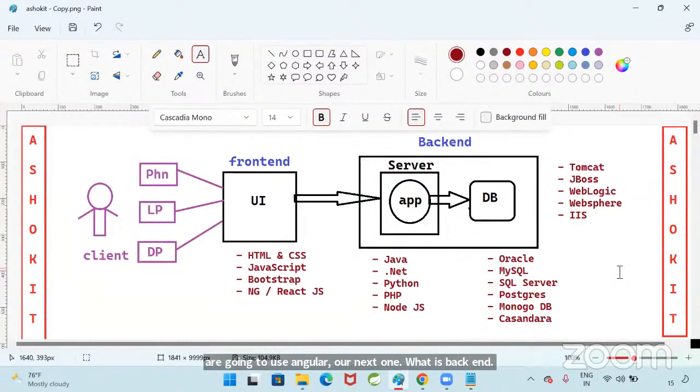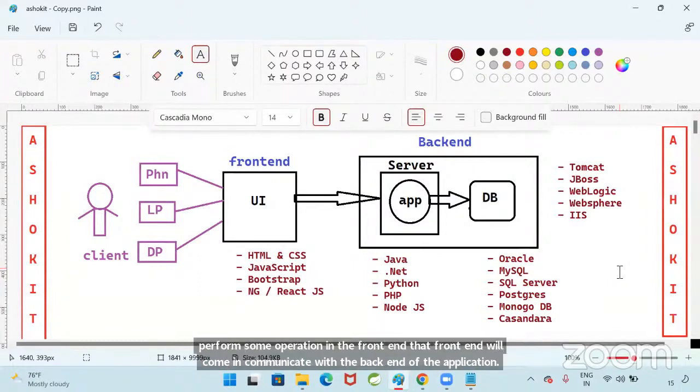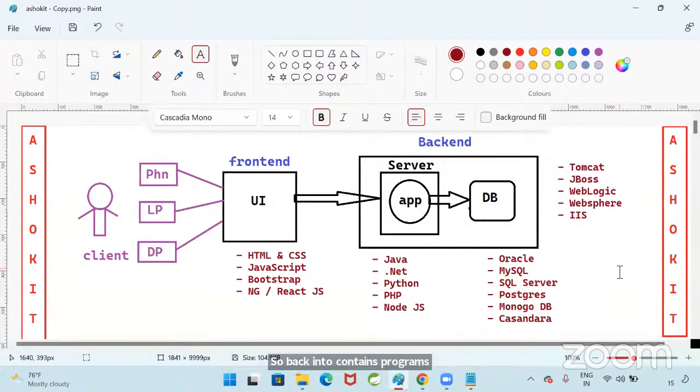The hidden part of the web application is called the backend, where business logic will be available. When a user performs some operation in the front end, that front end will communicate with the backend of the application. So the backend contains programs. Java programs, Python programs, .NET programs will be available in the backend. Are you getting my point? Right. So what technologies are